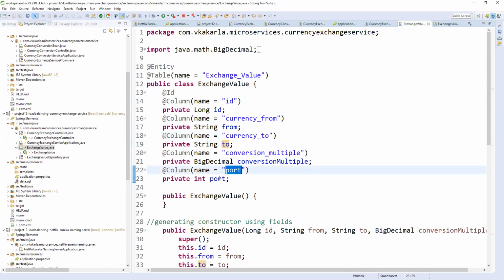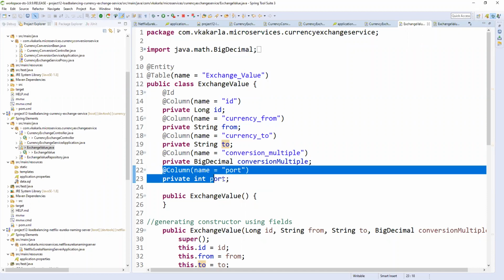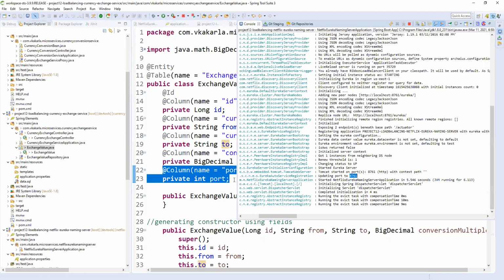So port number, and also we are taking a port number. Why? Because we want to see, as a response, from which port number, from which instance it is coming. I just want to display the port number also, so that we can know, hey, my response is coming from the first JVM. After you give the second request, oh, my response is coming from the second JVM. The third time my response is coming from another JVM. So your request is shifting across the available JVMs by the Ribbon. So that is what load balancing is.